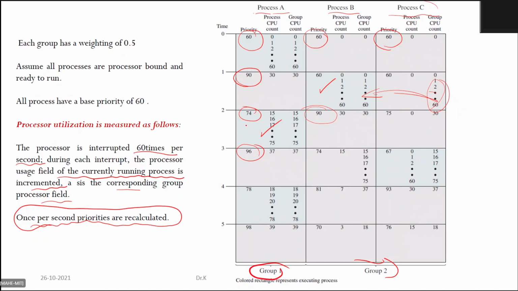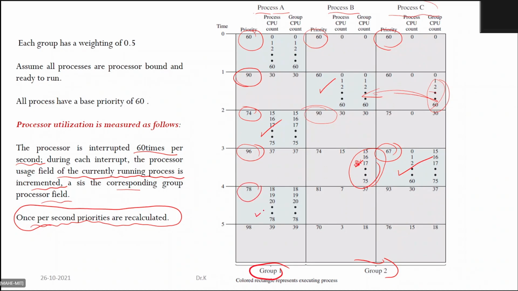The priority level will increase, and for the next iteration, you notice comparatively this is smaller, so this picks up. Meanwhile, the group count will change, and for the next iteration, you get